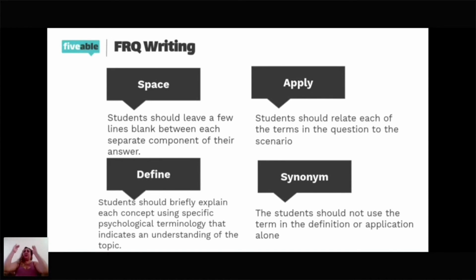So when you get an FRQ, okay, when you get the FRQ, it's going to set up, it's going to give you like 8 or 7, well, hopefully they don't give you more than